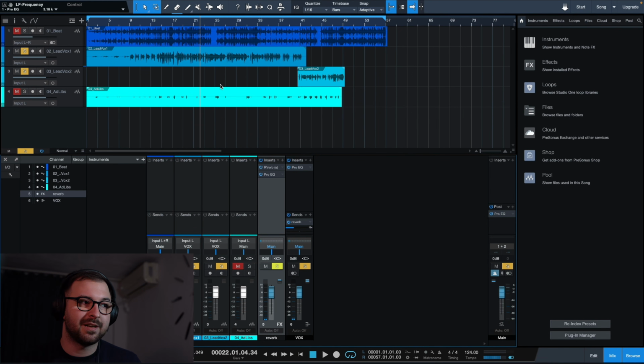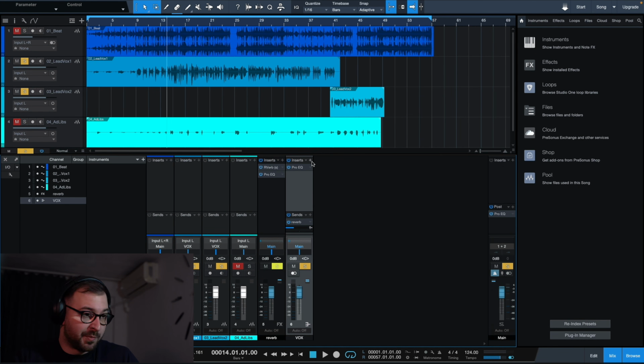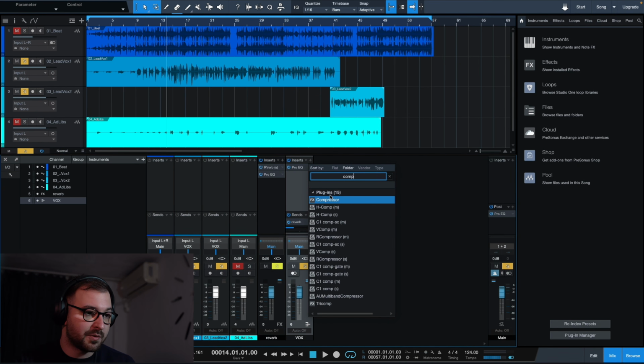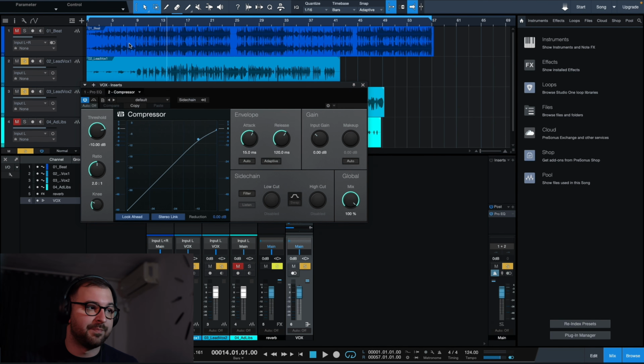So see, we got quite a few peaks here, which are quite annoying, actually quite disturbing. When we compress, we won't see them, but we will be able to hear that they won't sound as bad as they used to. And I will start with a normal compressor. With a simple compressor, I will actually use the stock one from Studio One. So this is a hip-hop vocal, and if we listen closely...